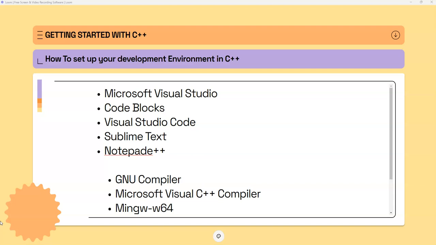In this video I'm going to be showing you how to set up your C++ development environment. I've been receiving messages from people asking me how to set up a C++ development environment, so in this video I'm going to show you just that. So, in getting started with C++,